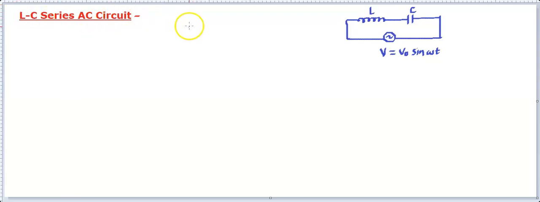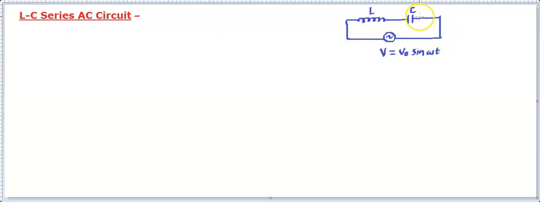Hello everyone. Let's proceed with this next video lecture on AC circuits. In the previous lecture we talked about the individual elements connected to an AC source. Individuals means purely resistance, purely inductor, purely capacitor. Then we had combinations like RL and RC. And in that sequence further, this is the LC circuit, which is in series and connected with an AC source.